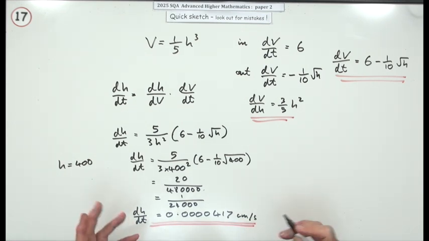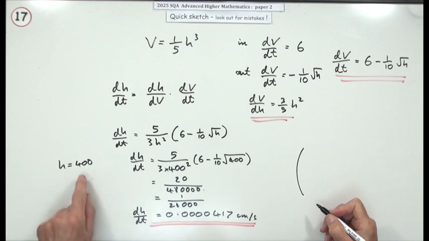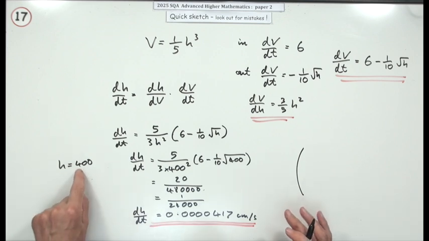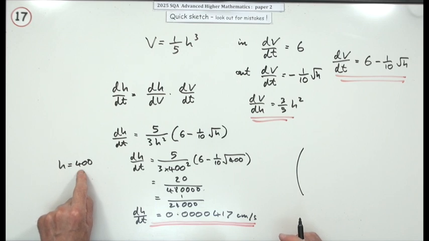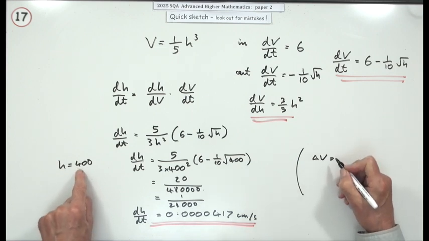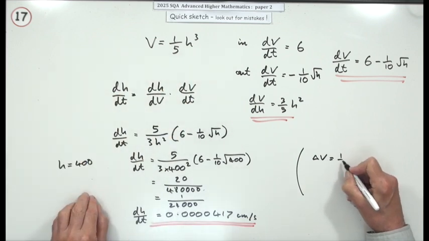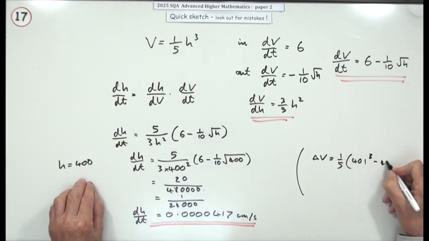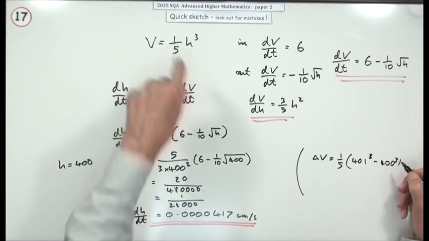If that's right, I suppose I could do a quick check, because it looks really small. It makes you think you've done something wrong, doesn't it? So if it's at 400, how much would you actually have to pour in to get it up by 1 centimetre? Look how much it's going up in a second, it's hardly anything. So if I wanted the change in the volume as it went from 400 in height to 401, that would be 1/5 of 401 cubed minus 400 cubed. Let's just use that formula twice,